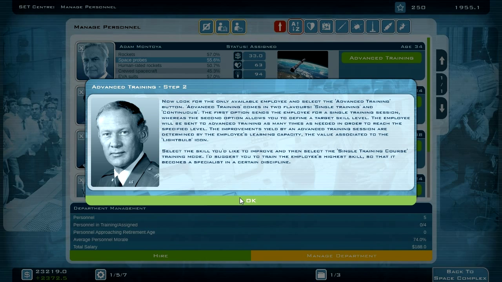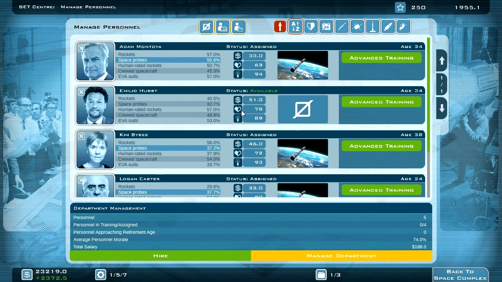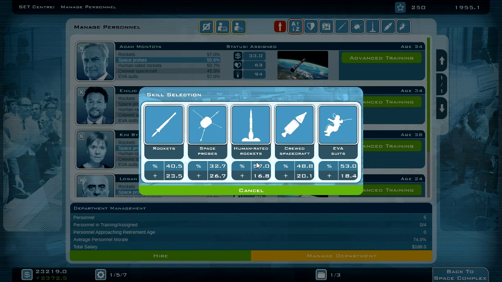The improvements yielded by an Advanced Training session are determined by the employee's learning capacity, the value associated to the light bulb icon. Select the skill you'd like to improve and then select Single Training Course Training Mode. I'd suggest you train the employee's highest skill so that it becomes a specialist in a certain discipline. Okay, it's Emilio Hurst. Emilio Hurst is going to Advanced Training and...